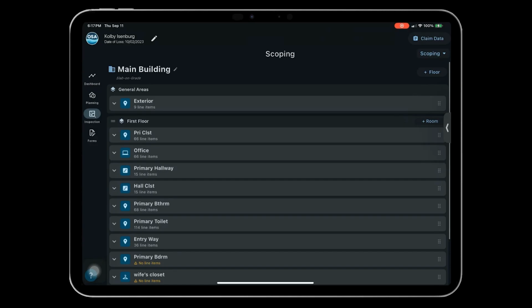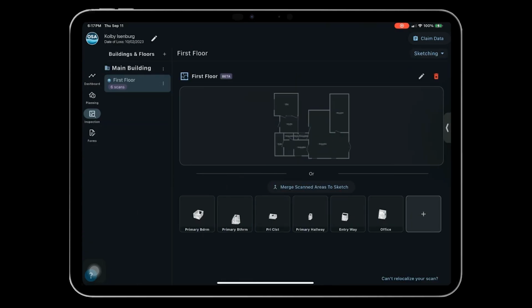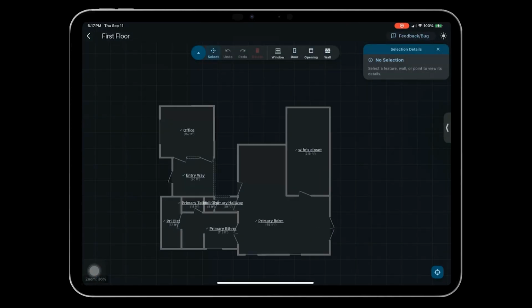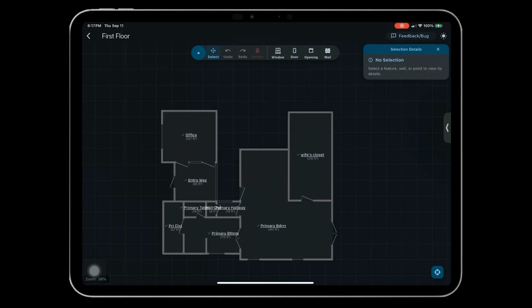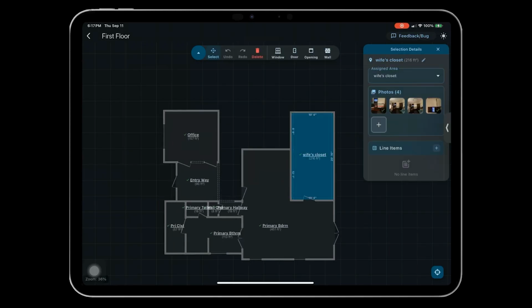Now, what I've done in this is I've made it all available in one screen. You can come down here by clicking on the sketch. If I click into a room, my wife's closet, let's say, notice I have 4 pictures up here that all have green checks. Those green checks, basically it's a checks and balance system, tell me that I have added a description to those photos. Notice when I go to my line items,